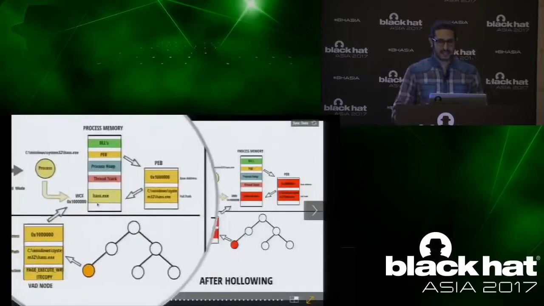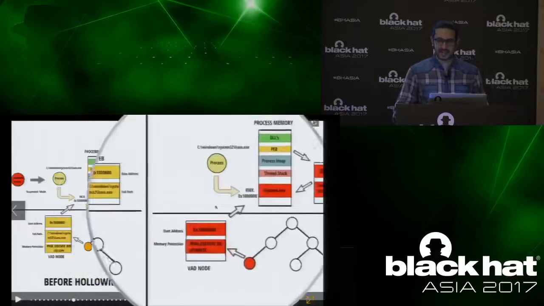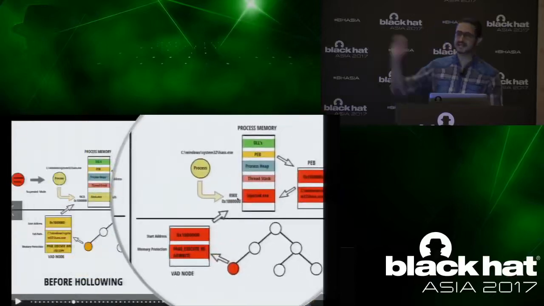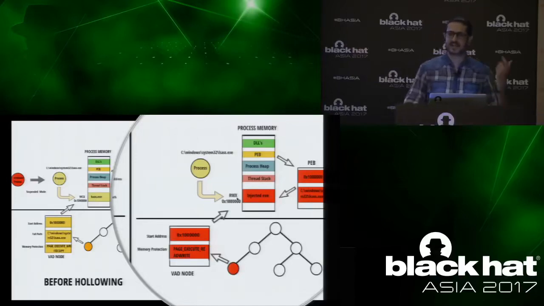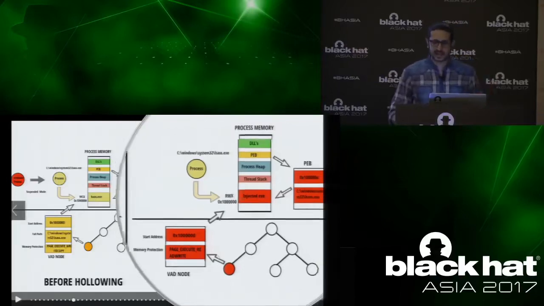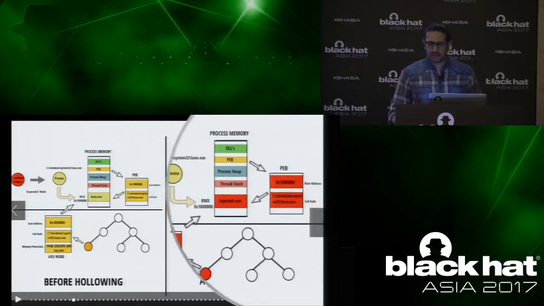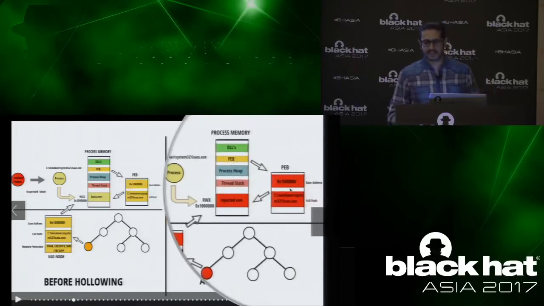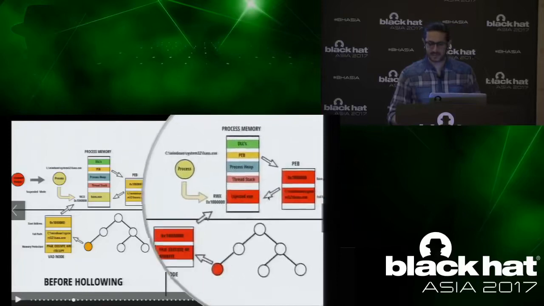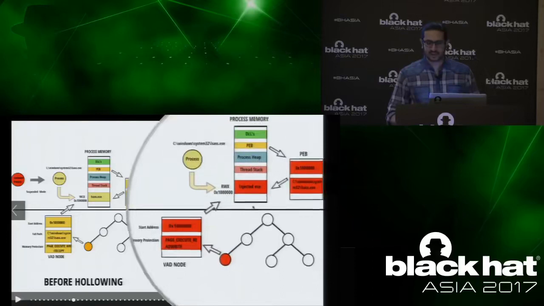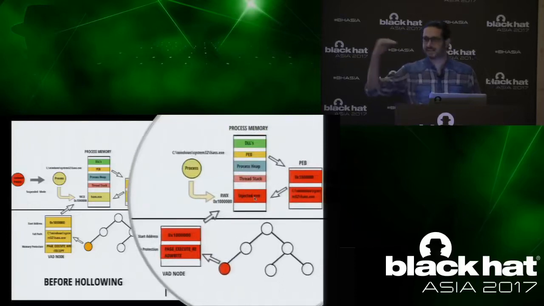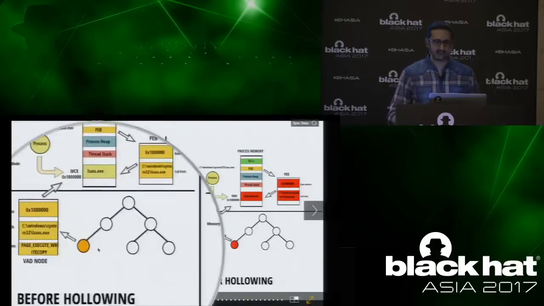So you see here, there is a discrepancy in the memory protection, WCX and RWX. The reason is because attackers cannot allocate a memory with a write copy protection. So their option is to allocate a memory with read write execute. So this is one of the discrepancies that can be used to detect hollow process injection. And also notice how the PEB structure is telling that svchost.exe is loaded at this address, which is the injected executable. And there is no VAD node. The VAD node does not represent the path of the executable, because in this case, it was hollowed out.